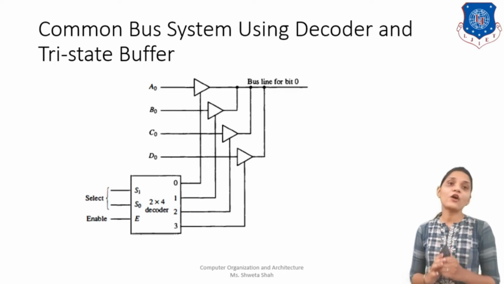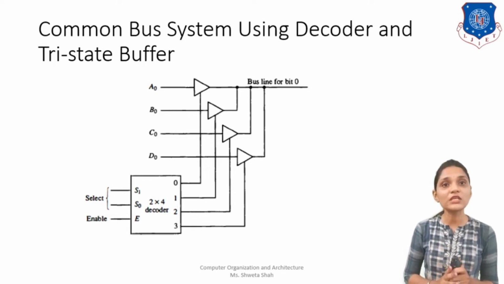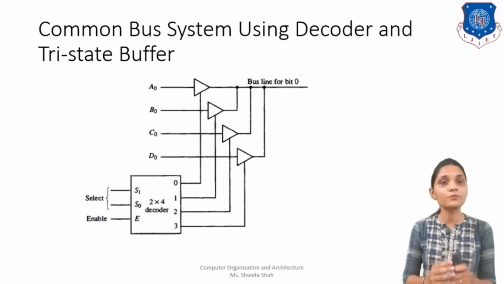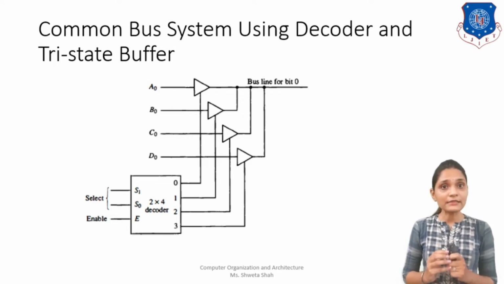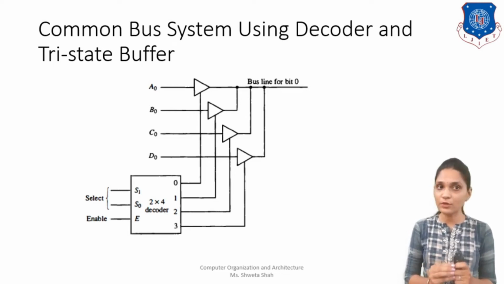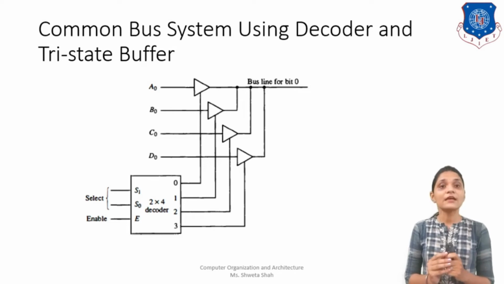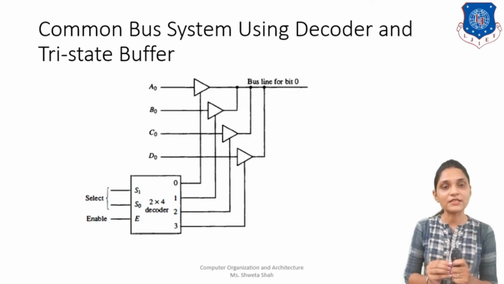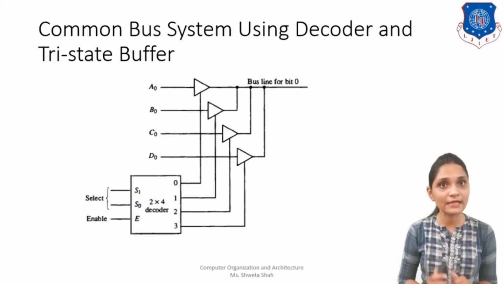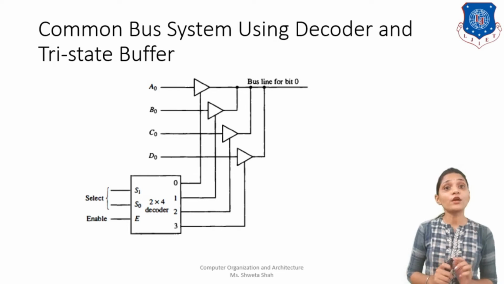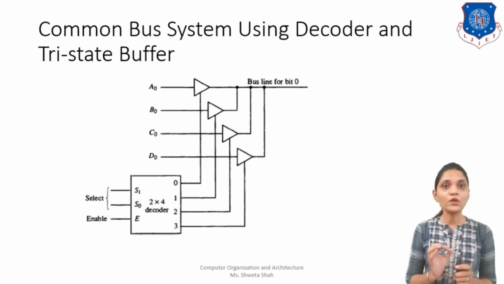This activated output we are connecting to the control input of this tri-state buffer. So at a time, any of these 4 inputs will be activated. That means any one tri-state buffer can be activated at a time. Okay, here we have designed this common bus system for just a simple 1 bit,